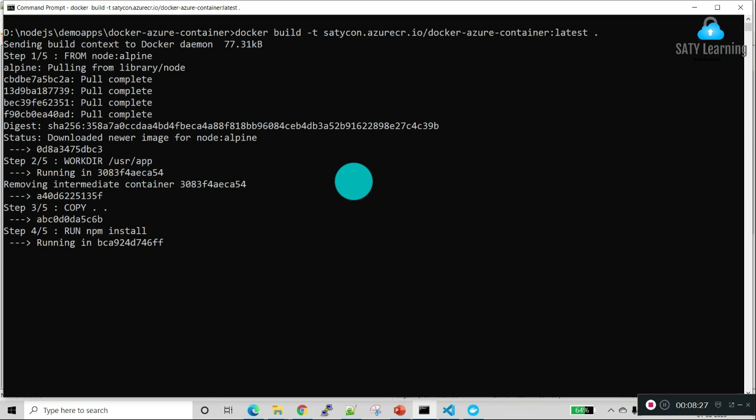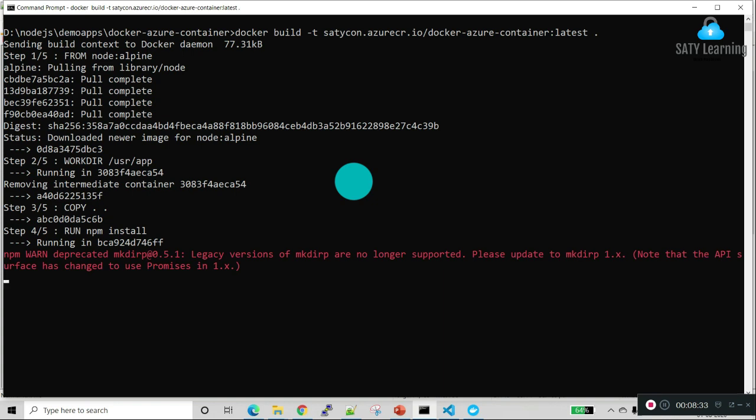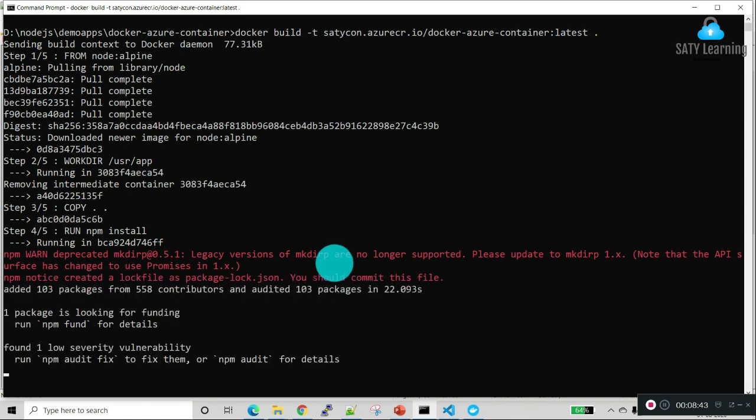Four steps are completed out of five. Wait for a second. You need not worry about this deprecation message because I updated Docker in my terminal yesterday, so we are getting this warning.